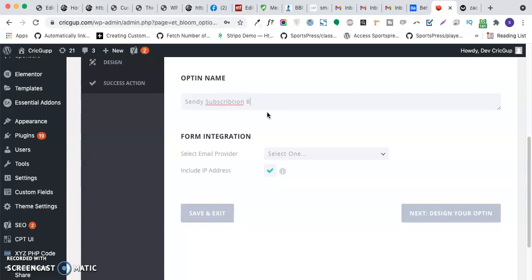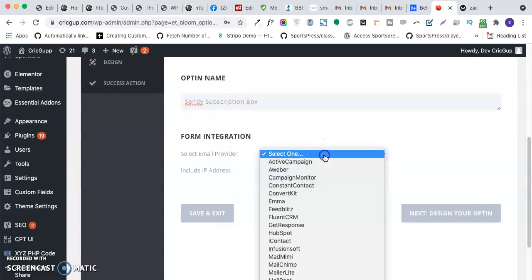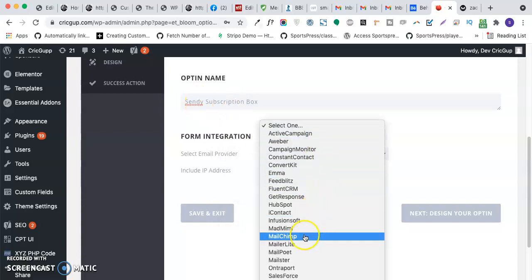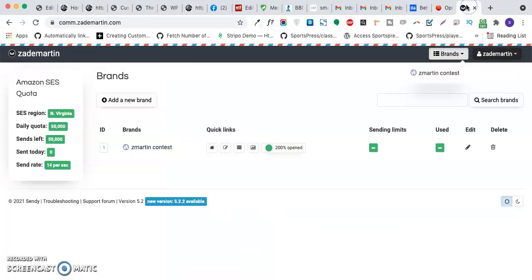As we can see, there are multiple form sources that we can fetch the data from. Here I'll select the custom HTML form, and in order to get the HTML, I'll need to log into my Sendy account.